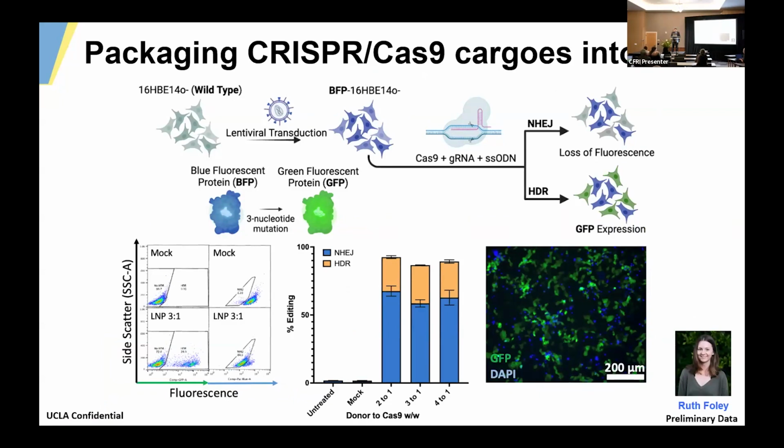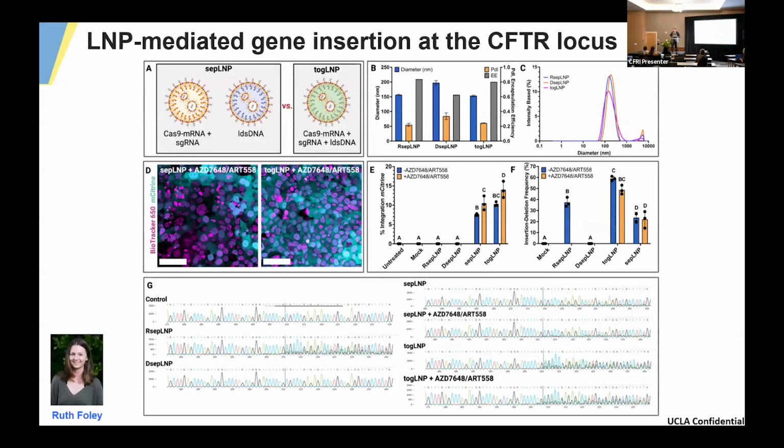And so using this approach, Ruth got up to about 35% HDR with her favorite recipe, a number that takes into account the packaging of the different materials that she's trying to fit into the nanoparticles. And that gave us confidence to look at bigger cargoes that are templates based off of linear double-stranded DNA, which is what we'll ultimately need to package into the nanoparticles to get to a template the